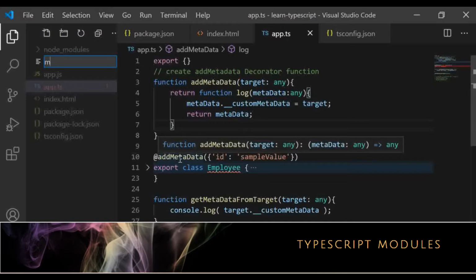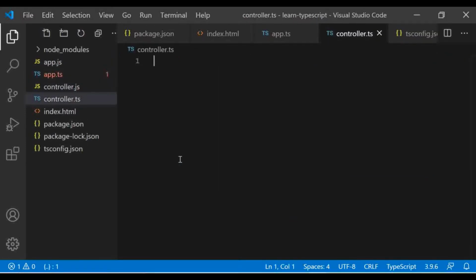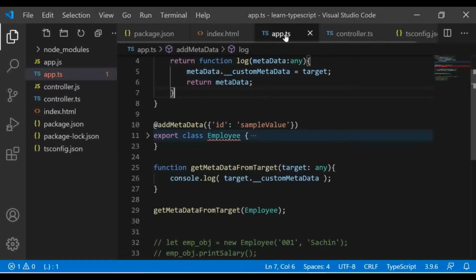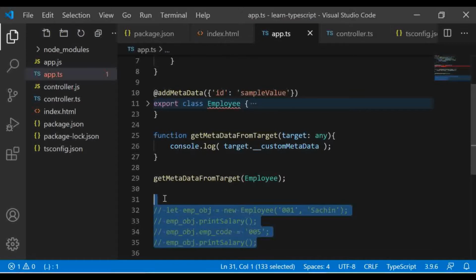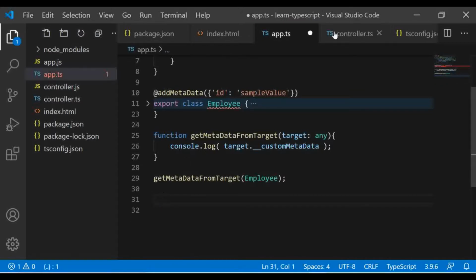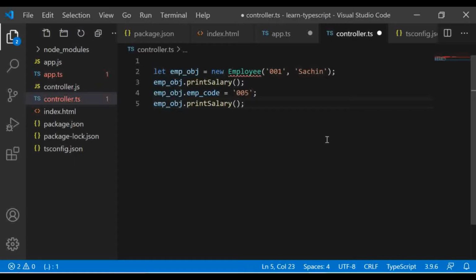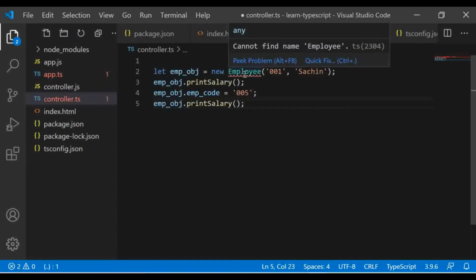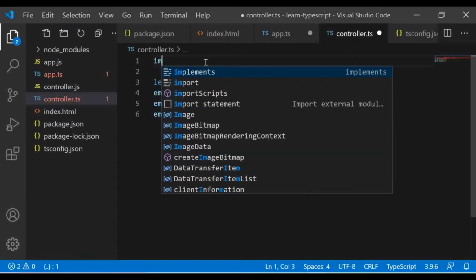Let me create a controller page. To make the employee class available here, we are importing it from the app.js.